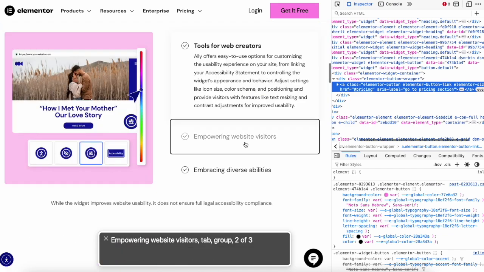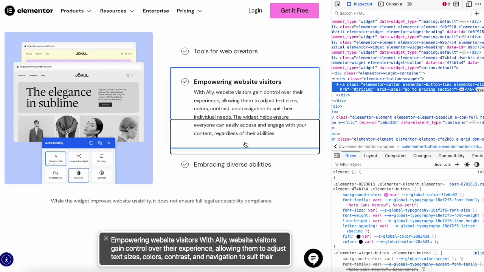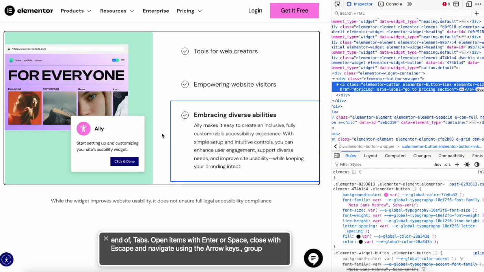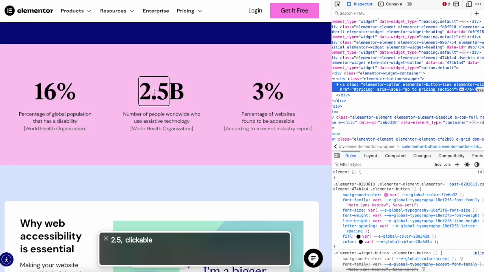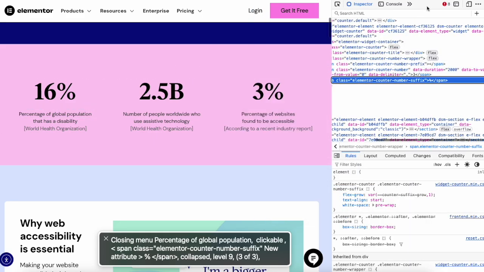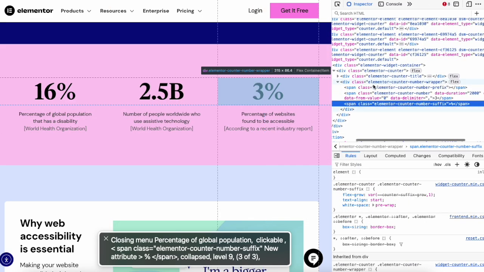And when I was having VoiceOver read the whole page, it ended up reading that first item out twice. And same thing, a ton of the links on this page are so long. Back closer to the top of the page, there's this stats area that has another DOM order issue and weirdly puts the number in a separate span from the label, which kind of gets read out weird sometimes.